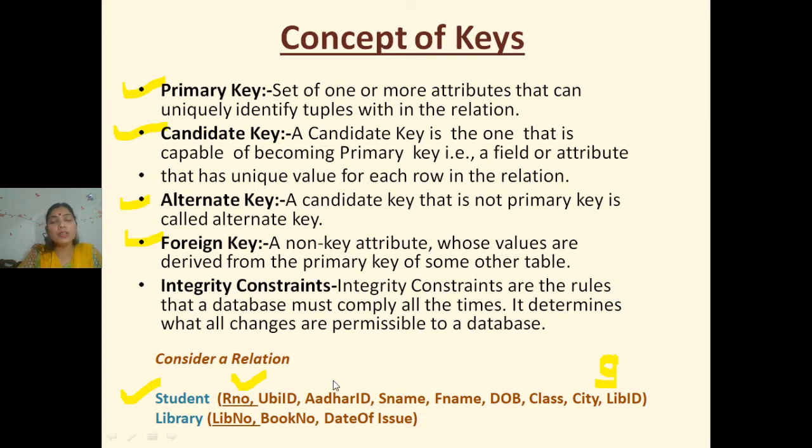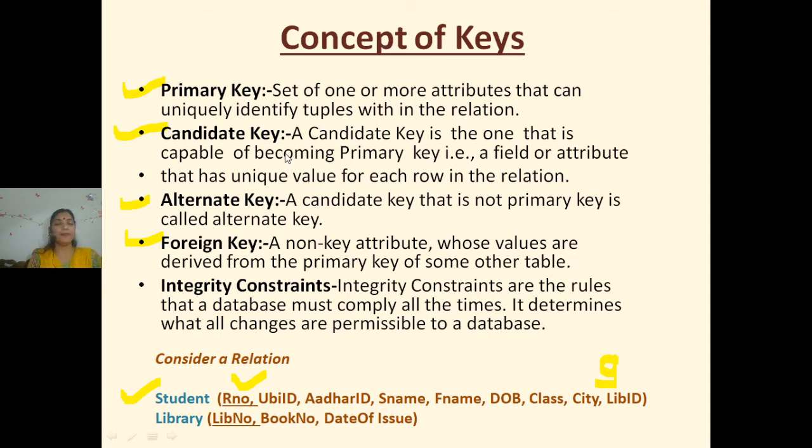identifying a student uniquely. Aadhaar ID. Indian government has provided unique Aadhaar ID to everyone. So it is also unique. So in my view, this roll number, UBI ID, Aadhaar ID, they all are unique identification factors or the attributes of the table student. So can we say they all are candidates to be the primary key? Yes. So the definition as we know, candidate to be the primary key, such keys are the candidate keys.